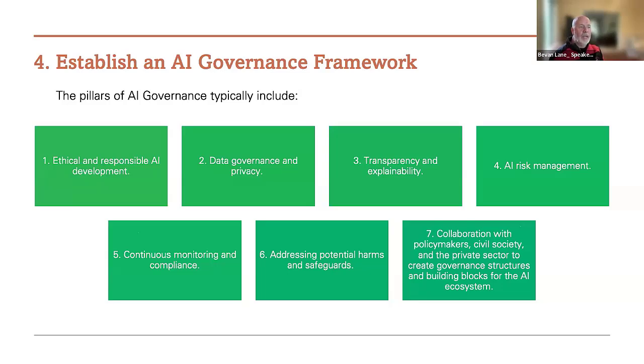And that last one, collaboration with people, policymakers, private sector, to create governance structures and building blocks for the AI. A lot of the standards talk about this communication and collaboration. And so for artificial intelligence, for me right now, this is as critical as anything. Security and artificial intelligence, any of these angles need collaboration. So what am I doing? What have I found that can help other people? How do we do things more ethically? Because of the way I've done it, I made such a big mistake here. Of course, luckily a controlled issue, but it could be used more evilly in some other place. Google, do no evil, same sort of approach, collaboration.